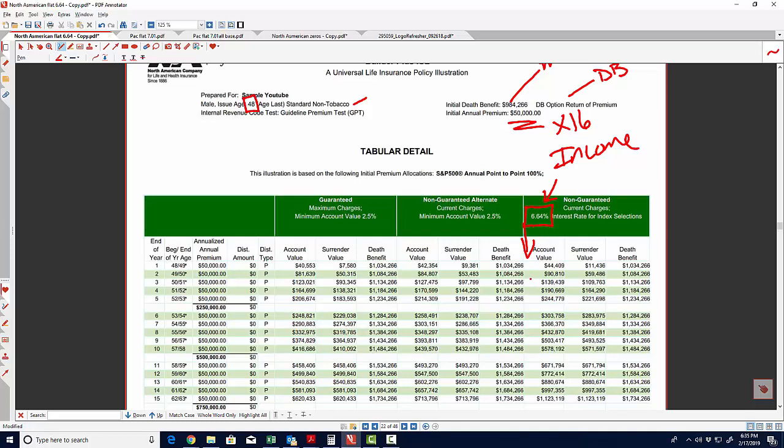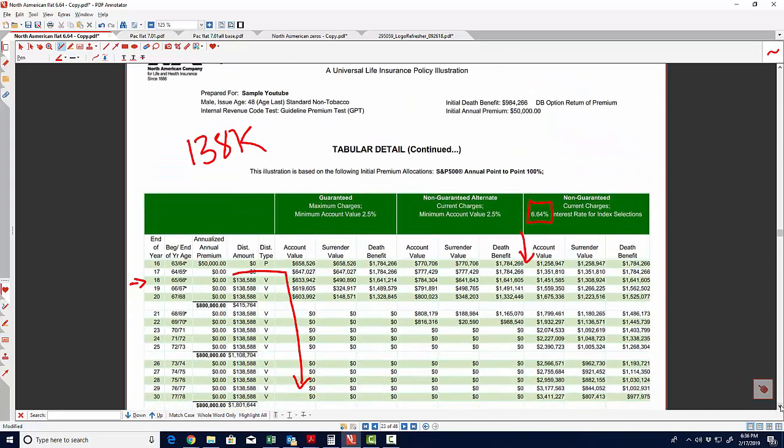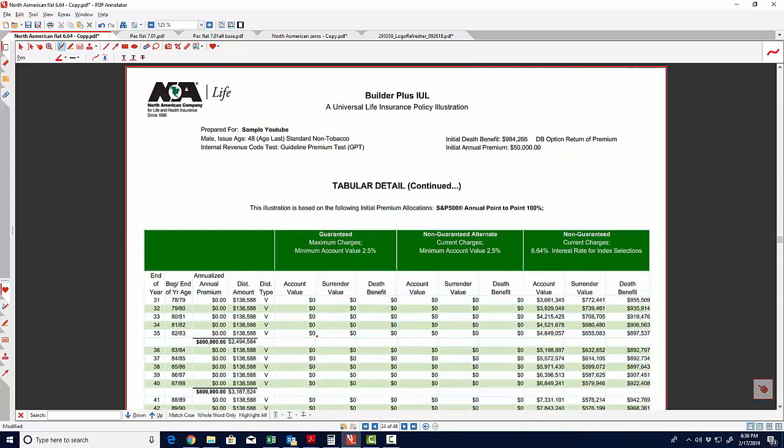Okay, so the years where we're going to show a 0% rate of return are in the first 5 years. We're going to show 5 straight years of 0, and then we're going to show 6 years of 0 starting in year 10 through year 15. So those are going to be our 0 years right there. So before you start income, you're only going to have 4 or 5 years of actual policy performance. And again, the goal is to see how those 0 years affect our income stream. So let's take a look at that.